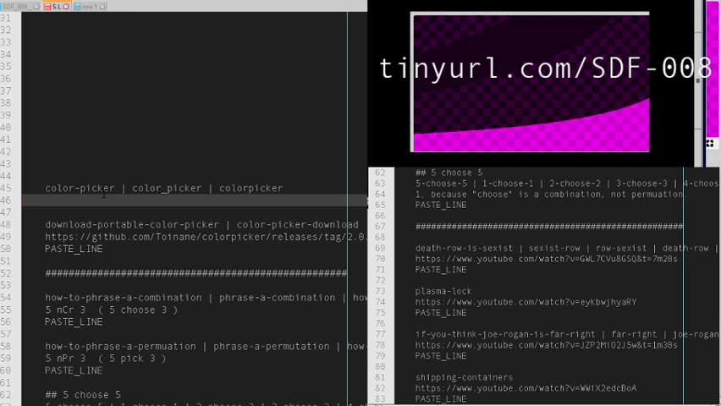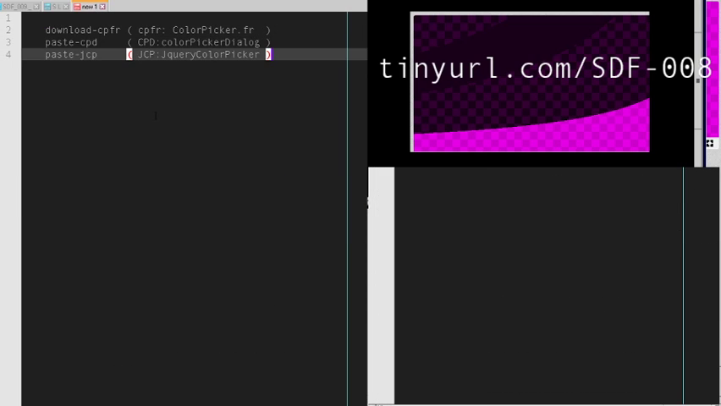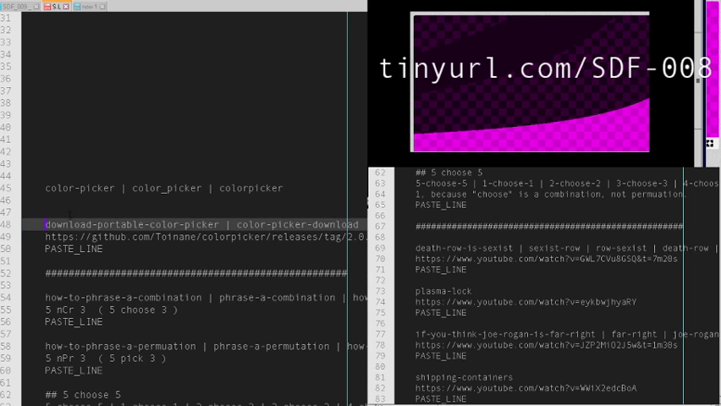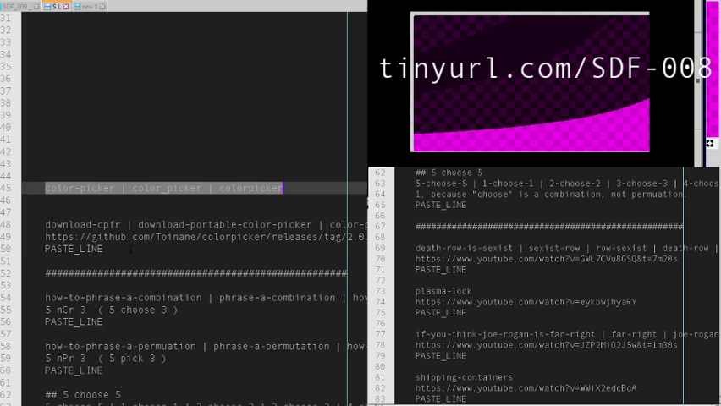And this way, when we say color picker, we can get things related to the information we have touched previously, right? Because we're never going to remember these exact phrases, like download portable color picker. We might not remember that a few months from now. So to have these more general things, so that we can route back to whatever we logged in our shortcuts